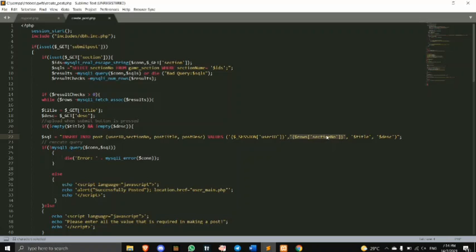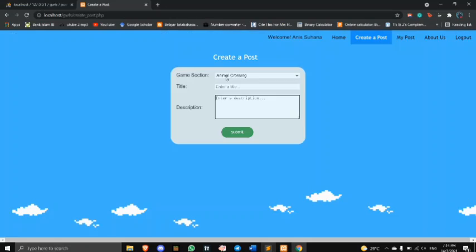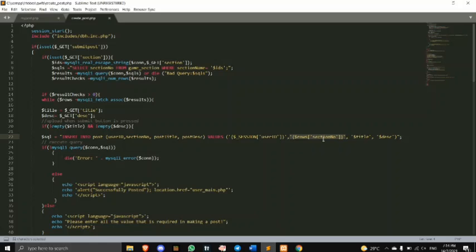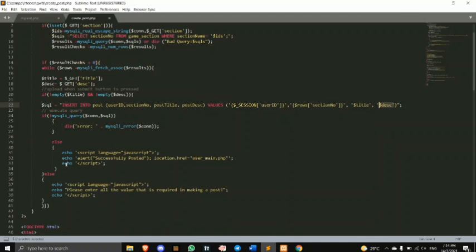Here we get the ID of the game section. After we get the ID, we put it inside here, and then it will insert the title and the description that the user has inserted, and then we'll do this if,